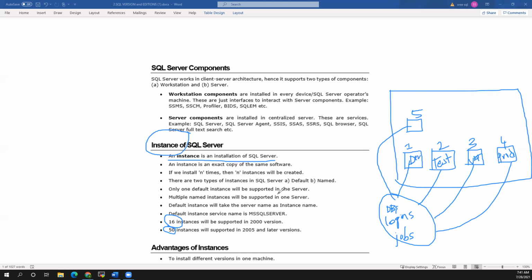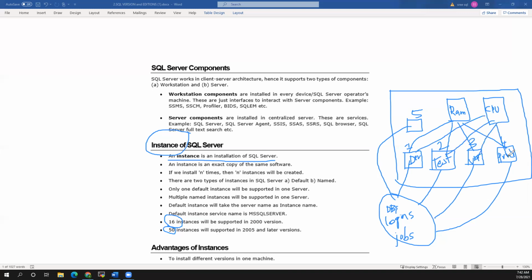But generally, people won't create many instances. Whatever RAM or processor you have in your Windows box, that CPU and RAM will be shared by all of the systems.